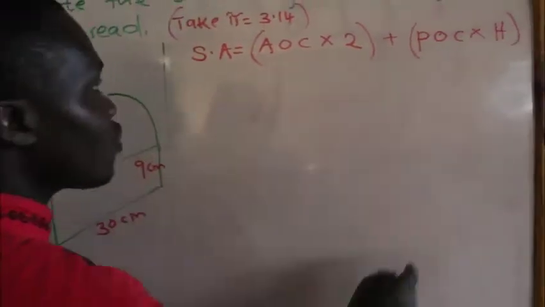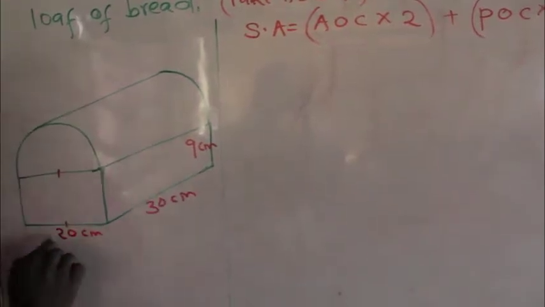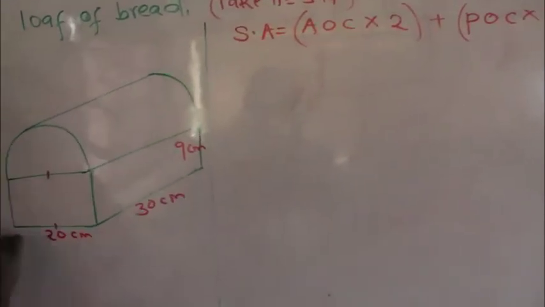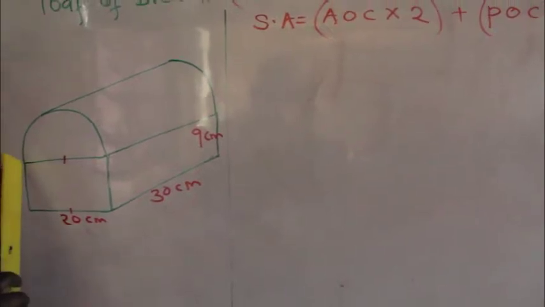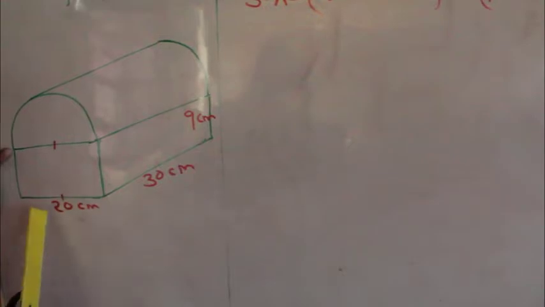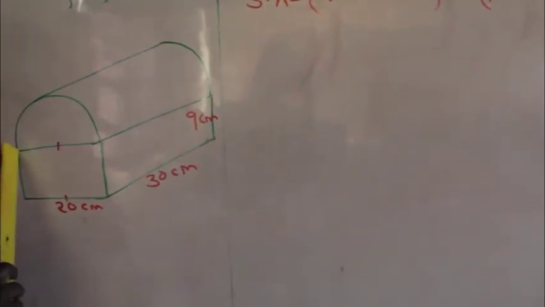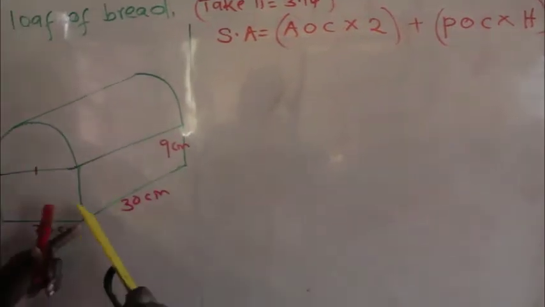Then the perimeter of the cross section, you come back to the cross section, you go round, because perimeter is the distance around a given figure. So if I was to go around running this, I may begin from this point. I go around like that, this field, I go around up to where I started from. That is what we call perimeter. Then you multiply by height, the slanting height here.